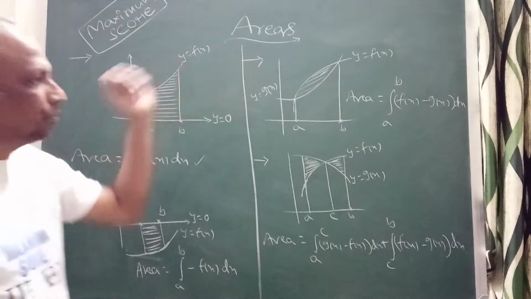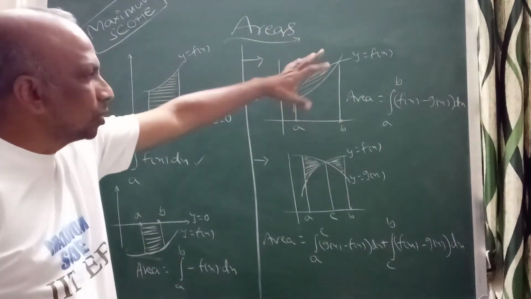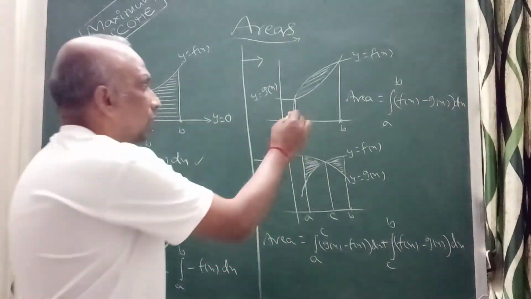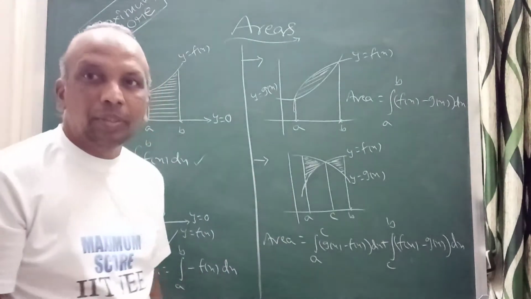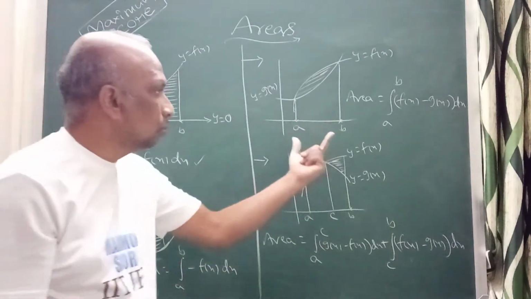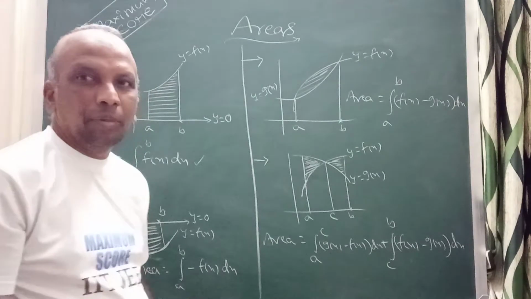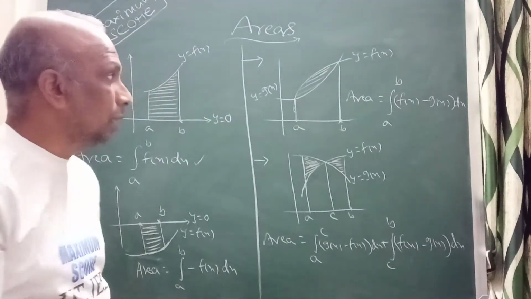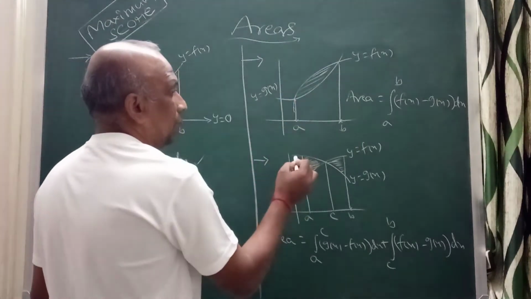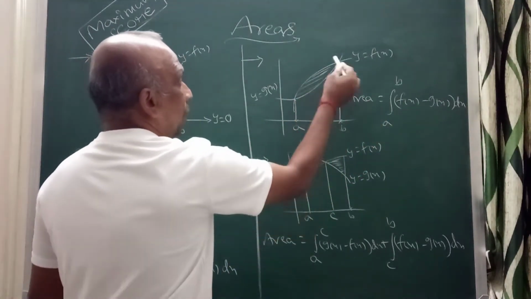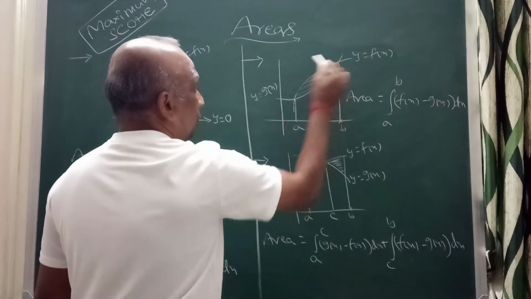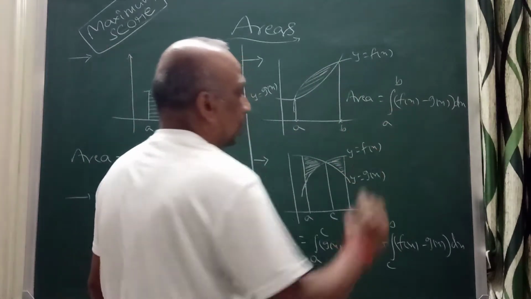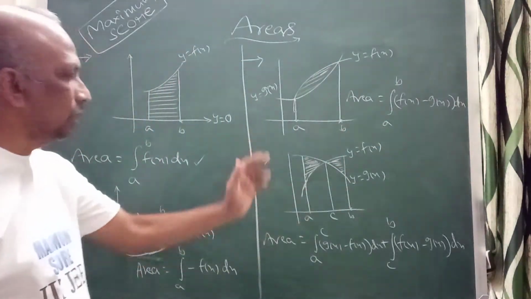Just you can come here. You can see two curves are there. They are intersecting at these 2 points. They are asking area between those 2 points, between A and B, the closed interval A and B. So here, when they are asking between A and B, integral A to B, upper curve is f of x, lower curve is g of x, upper curve minus lower curve. I can write this one.